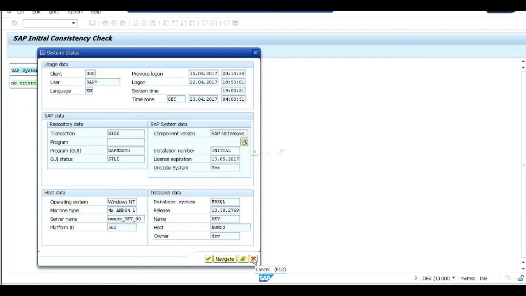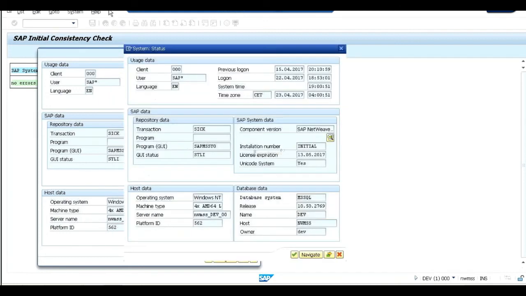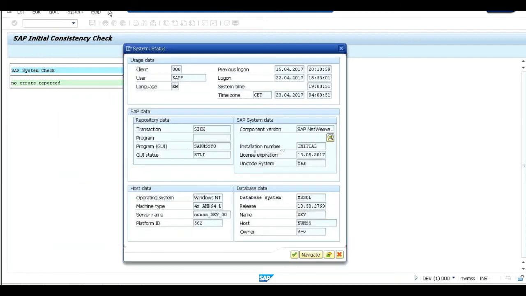So if you change it, then it will affect all my dialog work processes. Got my point? That is in the start profile, right? Instance profile. Okay.